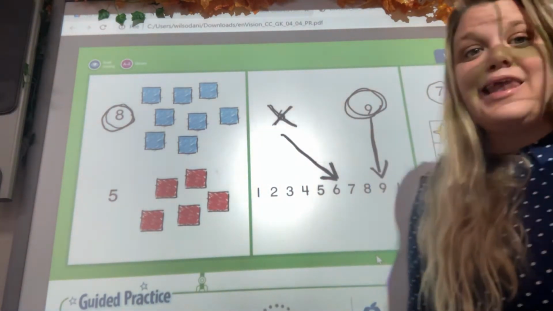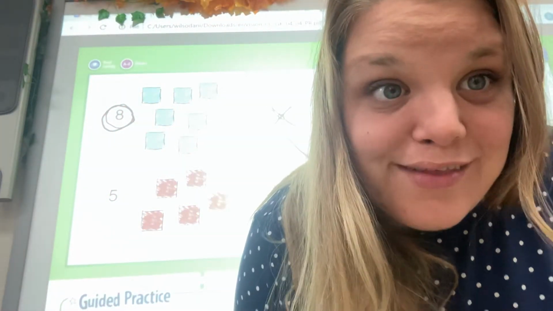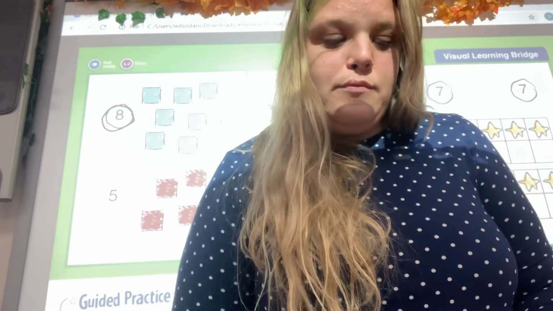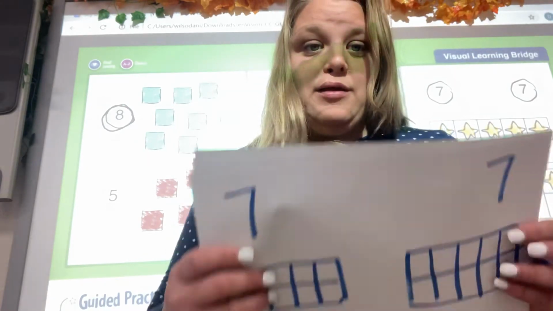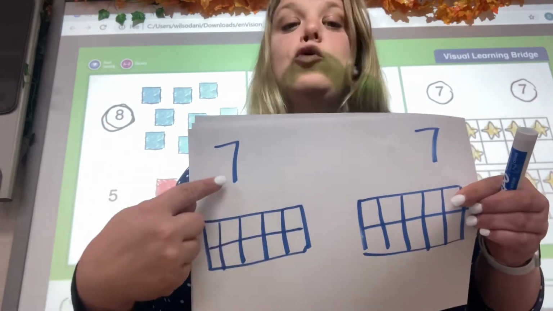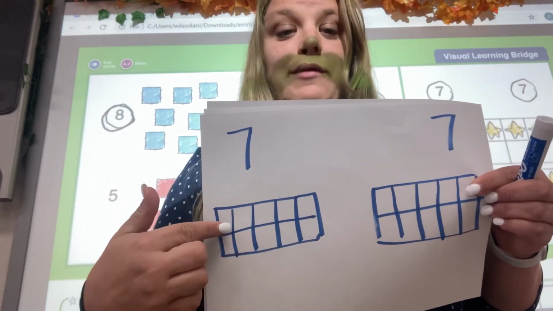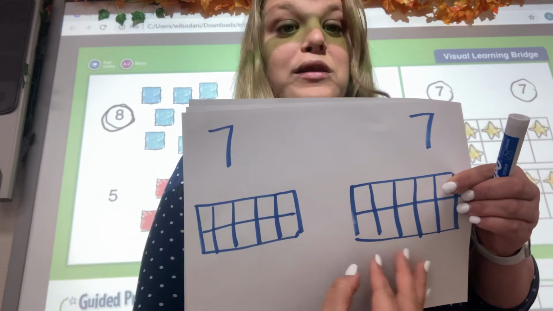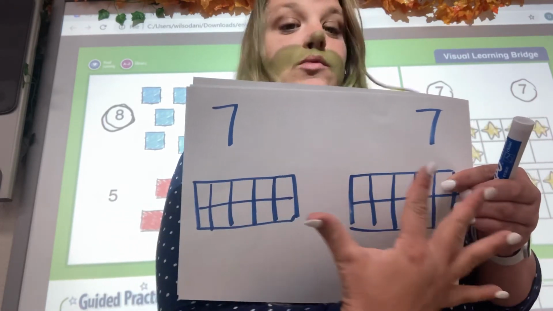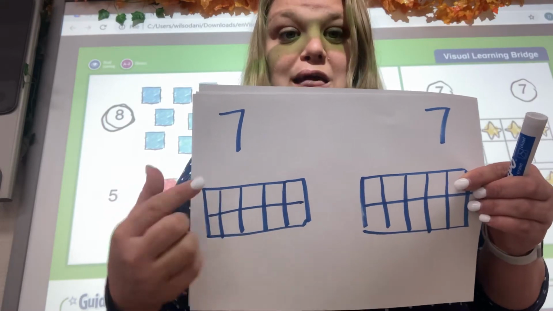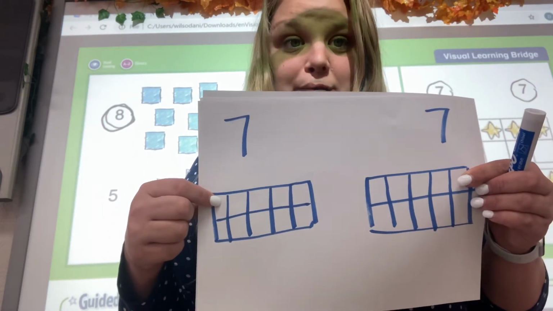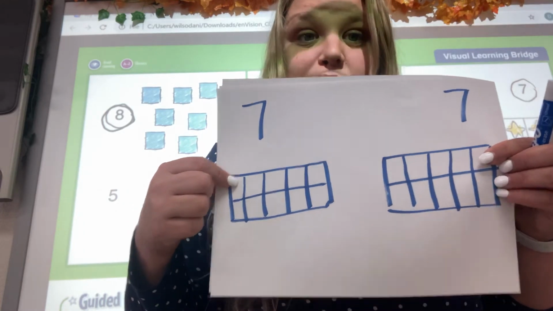The last type of problem you might see is 2 numbers and a 10 frame. If you see 2 numbers in a 10 frame, they didn't give you a number line to connect the letters to. They didn't give you space to draw in. They want you to fill in the 10 frame. For this one,